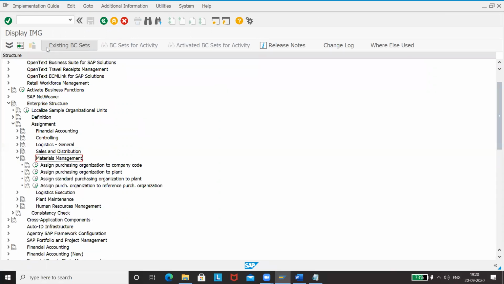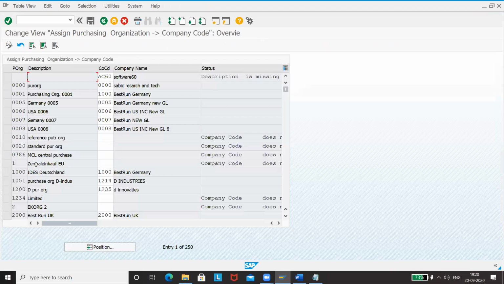In material management, MM, we have created purchase organization, right? Similar to that of sales organization. We have to now assign this with company code. Go for position.